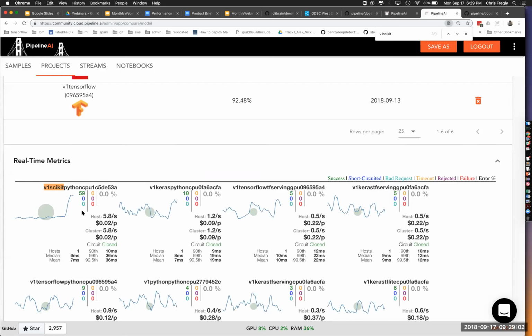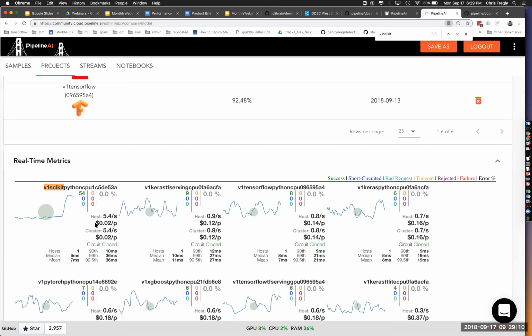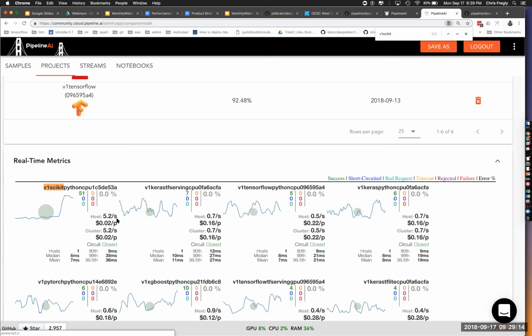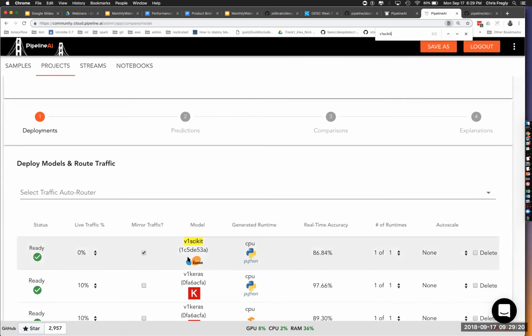This is actually putting it into best effort mode. So traffic is being shadowed over here, and it's still showing up in our charts, which is good because we still want to keep an eye on some of these system metrics, and then also the cost metrics. So I think that's pretty much that screen here.